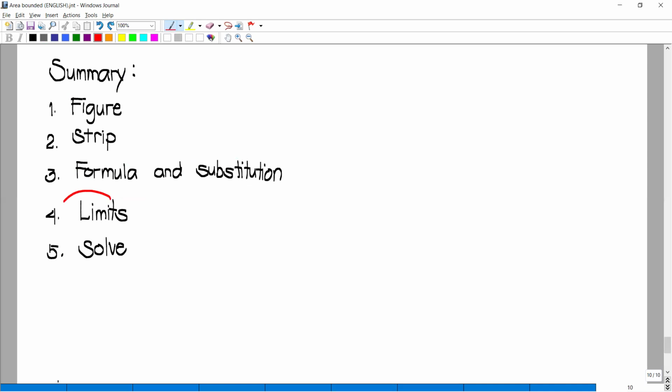And after that, let us solve the limits through the graph, right? In the limits, we have two techniques. First, we try to see if our figure is already showing the limits. If not, let us try to solve for the intersections for the limits. And then lastly, given that we have the formula, let's just substitute it with the limits and press that on the calculator. And if we are not allowed to use a calculator, let's do the manual integration of the quantities.